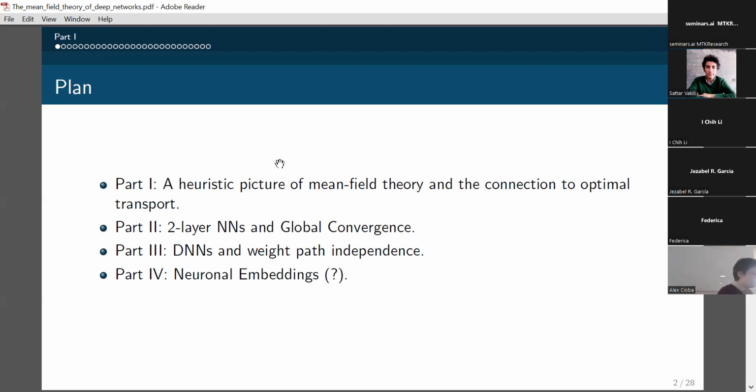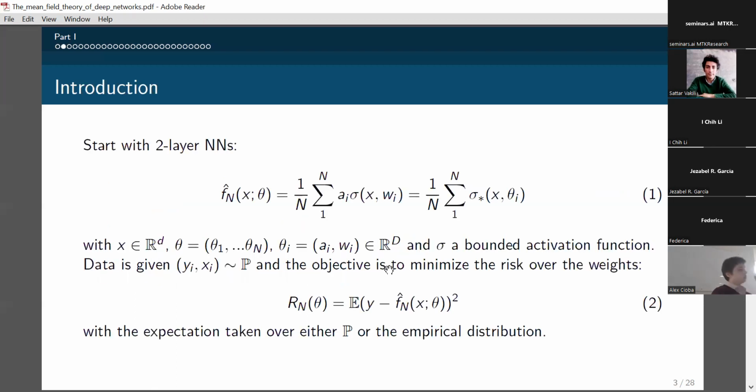seminars. But maybe in part four, it's good to keep it flexible and talk about a recent new perspective on mean field theory that is coming from a different approach completely, which is that of neuronal embeddings. And this is also to force myself to go through the background for this piece of theory. So basically what we'll try to do is we'll see how we progress through the first three sections, and then in part four, we'll try to keep it flexible. Okay, so to begin,